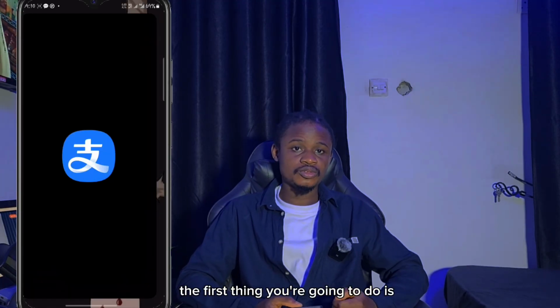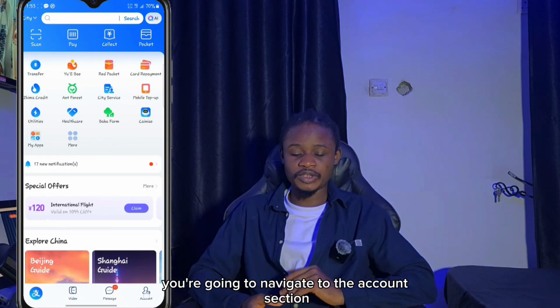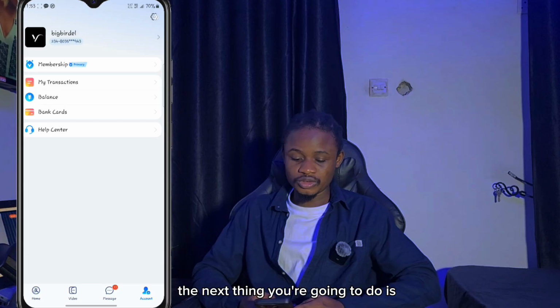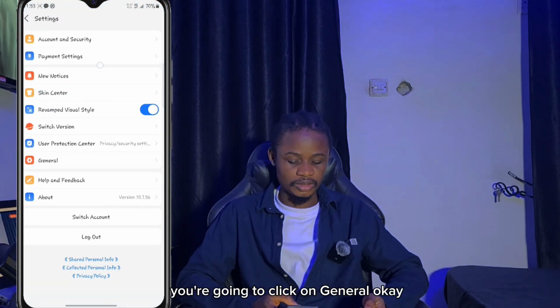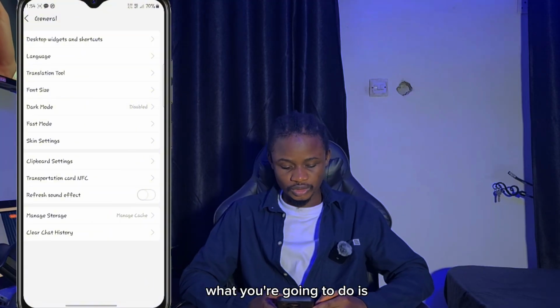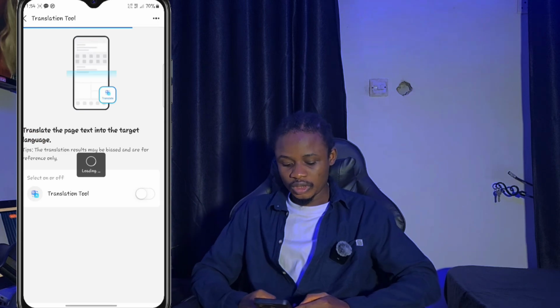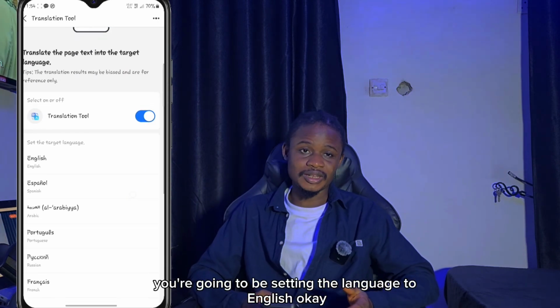The first thing you're going to do is launch your Alipay application. After launching your Alipay application, you're going to navigate to the account section. Now when you get to the account section, the next thing you're going to do is click on settings, and when you click on settings, you're going to click on general. Okay, so when you click on general in the settings menu, look for the option that says translation tool. Now you're going to make sure you turn on translation tool, and you're going to be setting the language to